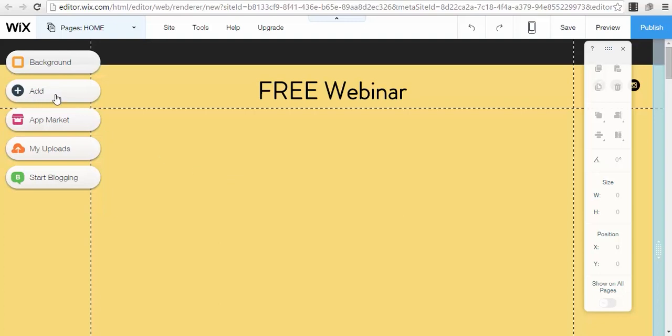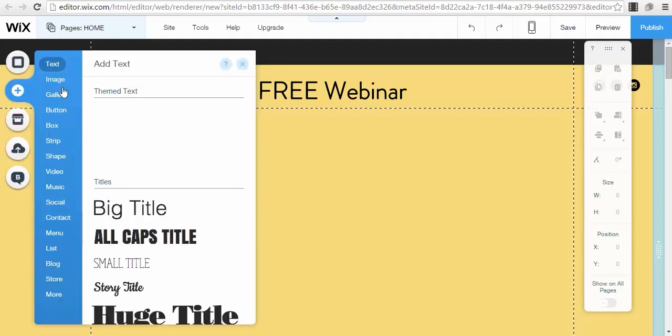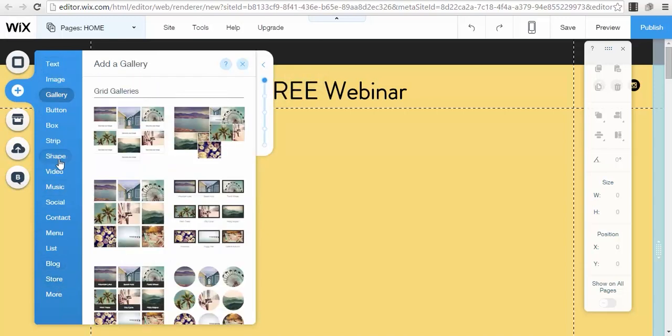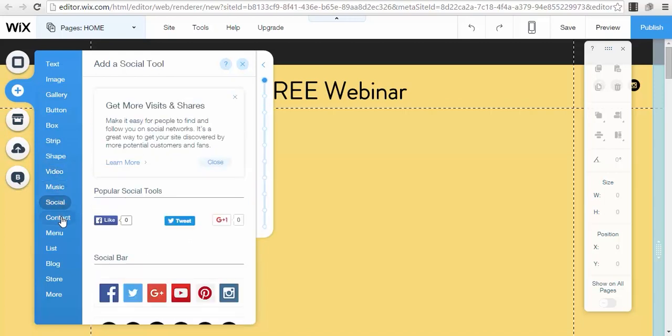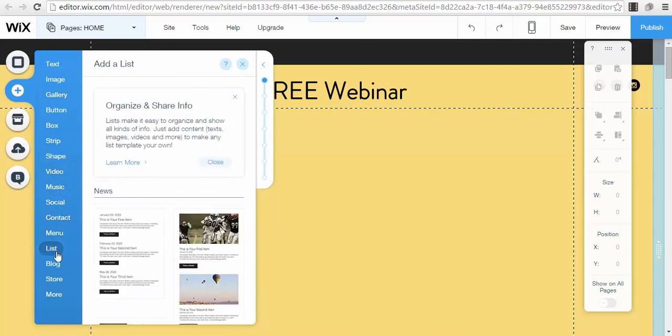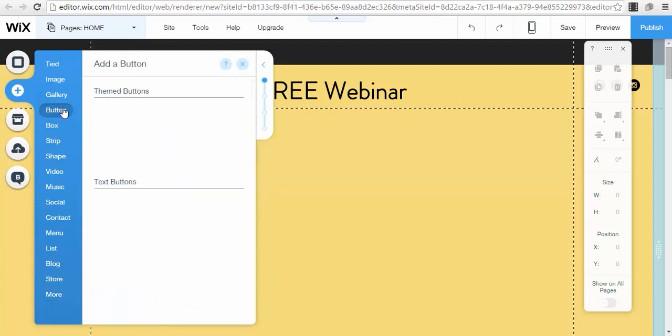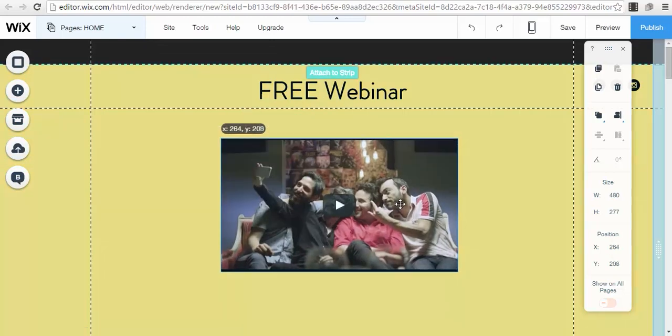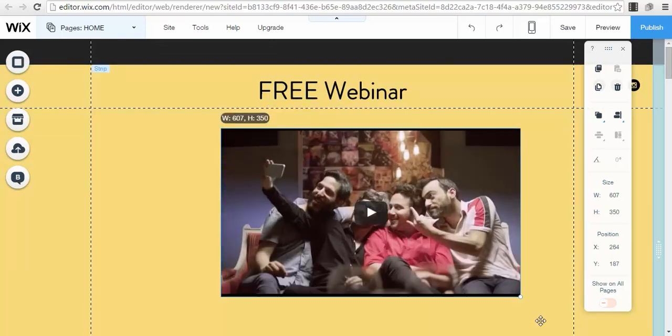Now you go to this option here, the button add. Here you have different options: shape, video, music, social, contact, menu, list, blog, more. You go to the video part and you select, for example, YouTube. That is if you want to embed on your page the link that your Hangout or your webinar will have for YouTube. So you just press the YouTube button, and you select the size that you want,